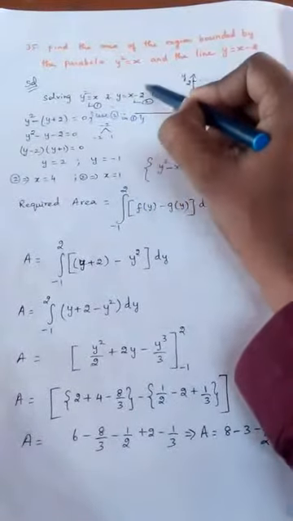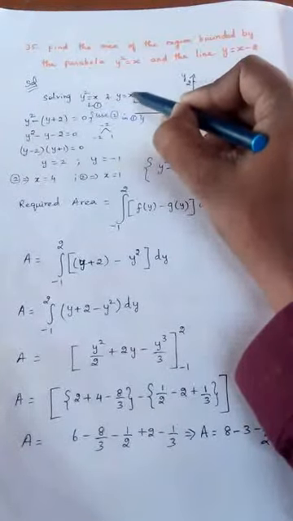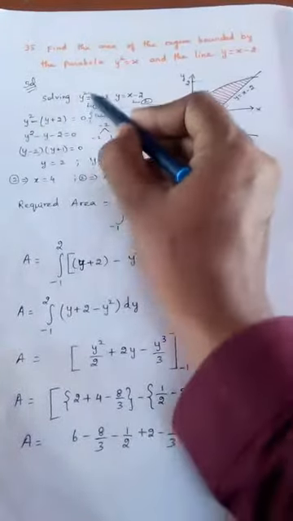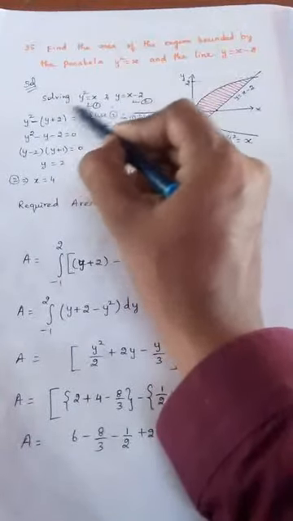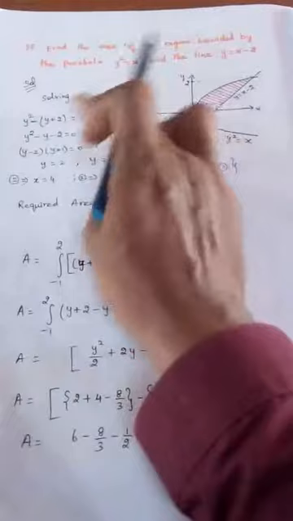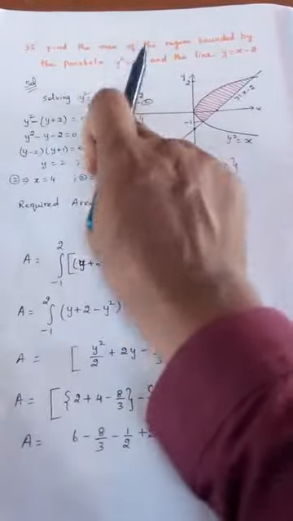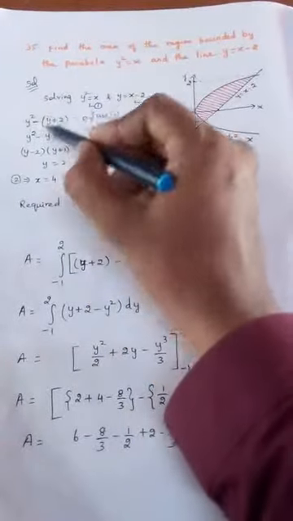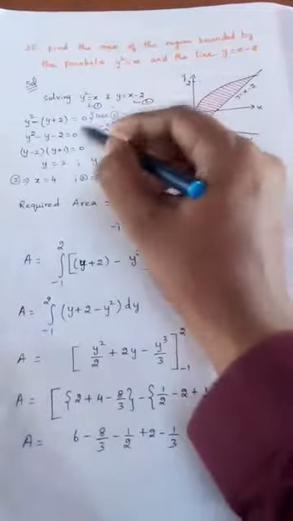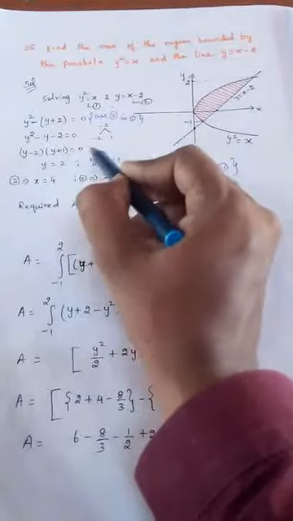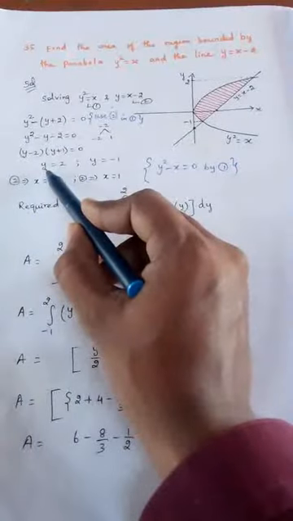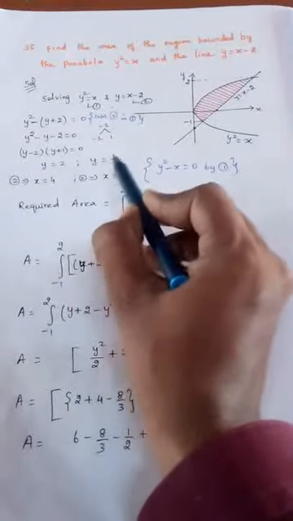From the second equation, x is written as y plus 2. Here x goes to the other side, minus x. Instead of writing x, you put y plus 2 from the second equation. So from these two, you can write this. Bring the minus sign inside, factorize. So you will get y minus 2, y plus 1 equal to 0. So the two values of y are, one is 2, the other one is minus 1.